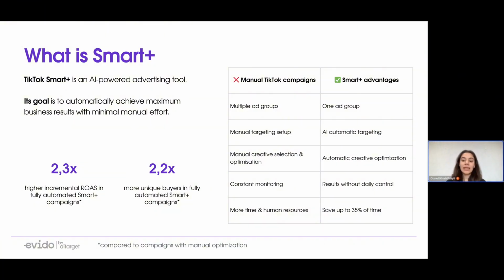Next, a Smart Plus campaign automatically selects the most effective creatives, whereas in a manual campaign, you have to track, review the statistics, and choose which campaign or creative is the most effective yourself. Another thing about the Smart Plus campaign is that it delivers results without daily monitoring. Whereas, again, with a manual campaign, you constantly have to keep an eye on the results to turn off unnecessary and ineffective creatives. This is exactly why Smart Plus campaigns can save you up to 35% of your valuable time,